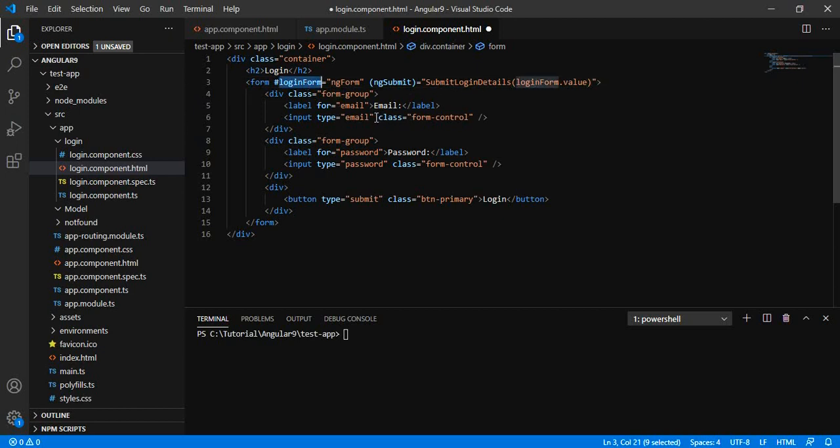Now we have to add the ngModel and the name. Let us say name equals email and ngModel. Here name equals, let's say, password, and it is also ngModel.